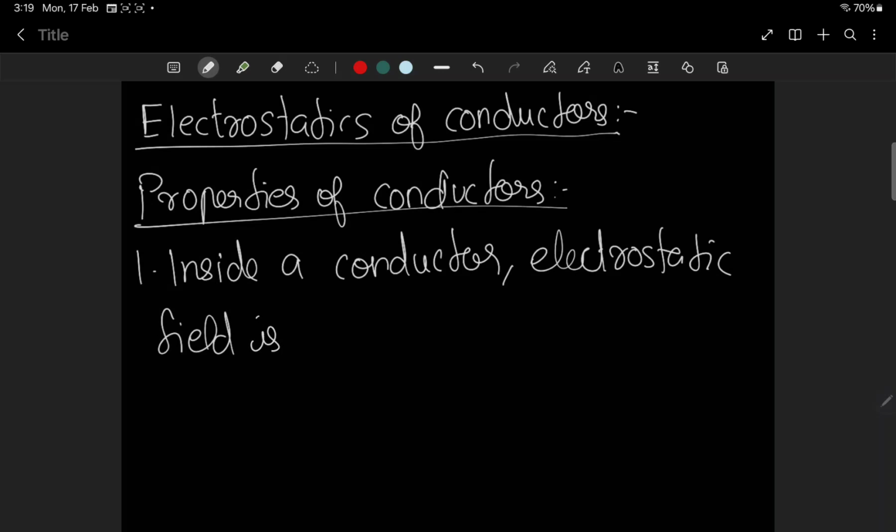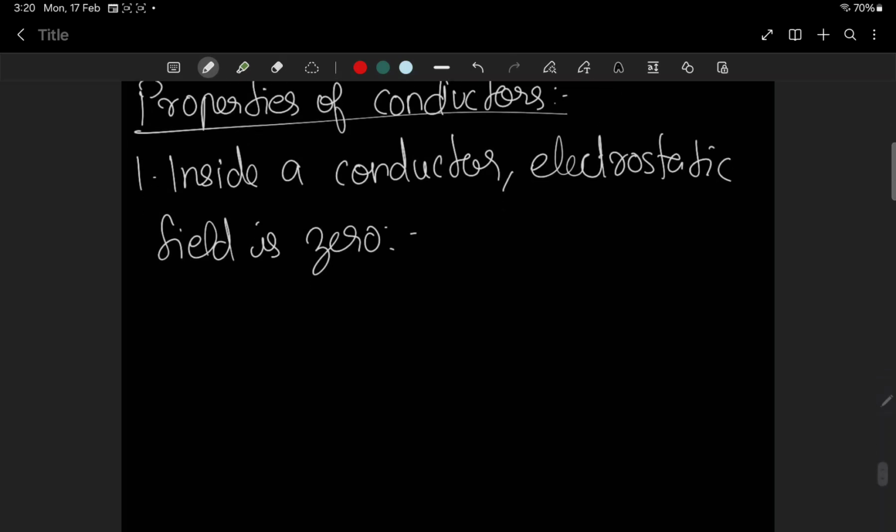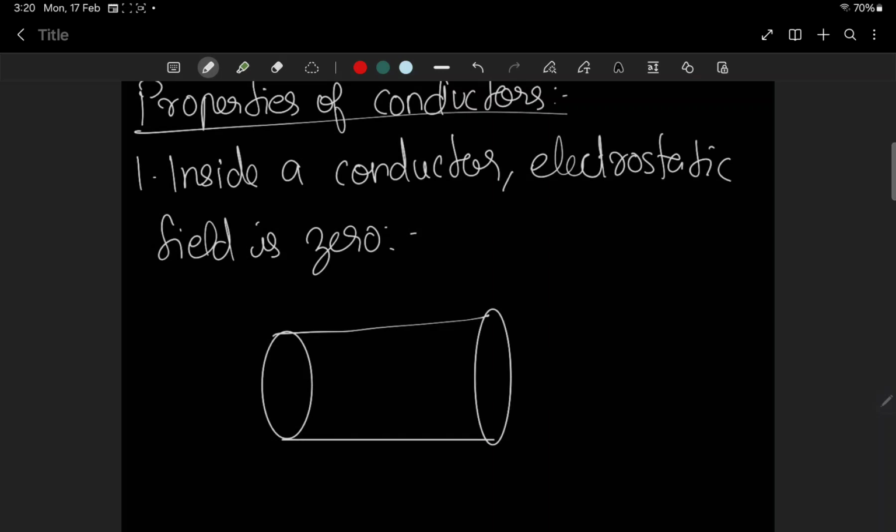Field is zero. It's very important. Yes. Look, in conductors, imagine this is a conductor. What happens is that in normal condition also, a conductor is having free electrons in it. The thing is that always in a conducting substance, free electrons come and stand in the periphery, the surroundings. So if I am going inside this and I am considering a point P and